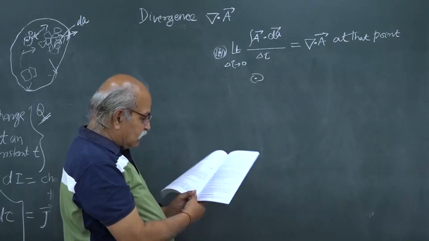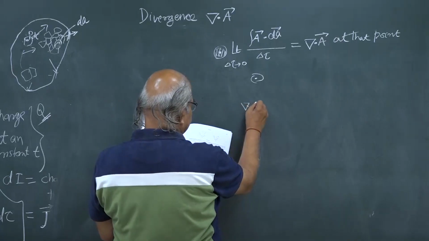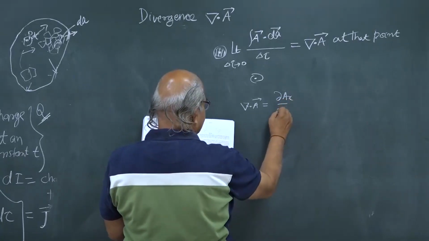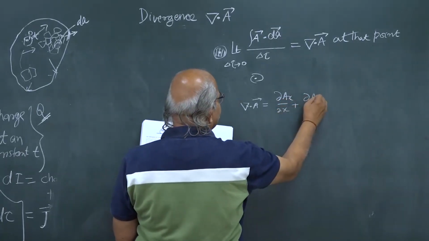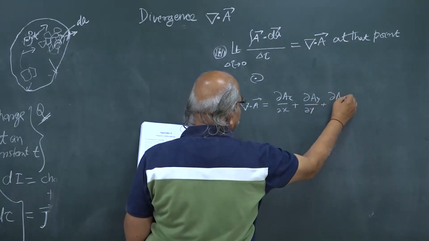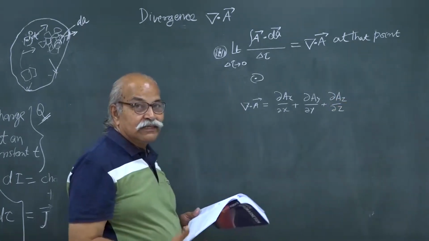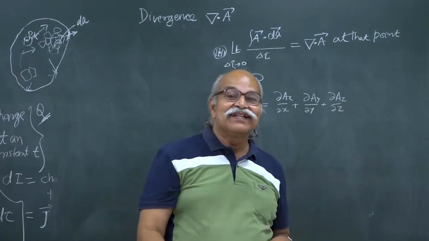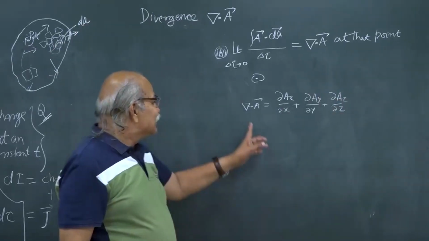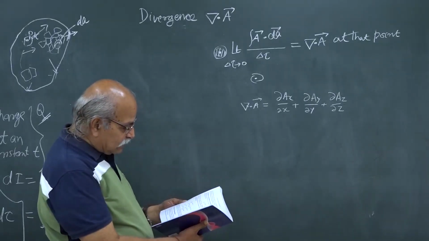Yeah. So, if you are using Cartesian coordinates, then the divergence of A is partial derivative of Ax with respect to x plus partial derivative of Ay with respect to y plus partial derivative of Az with respect to z. This electromagnetism is a very nice topic to revise all your mathematics. So, divergence of A is written this way if you are using Cartesian coordinates,